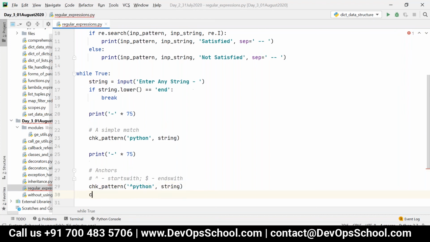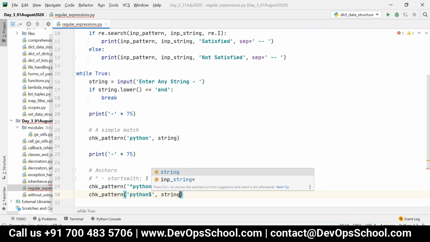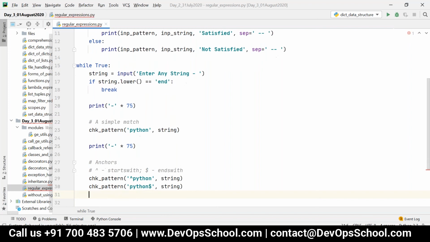Next, let me write Python dollar, comma, string. This pattern will be satisfied only when the string is ending with Python. Then I can write caret and then dollar, comma, string.